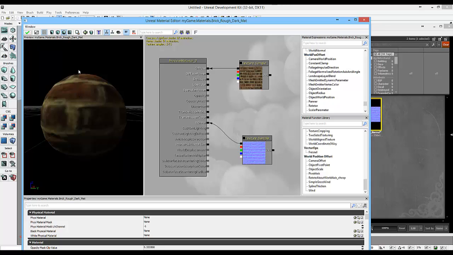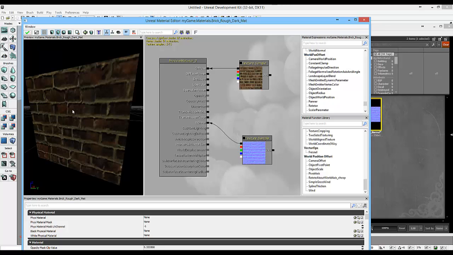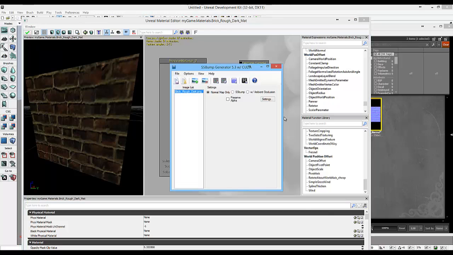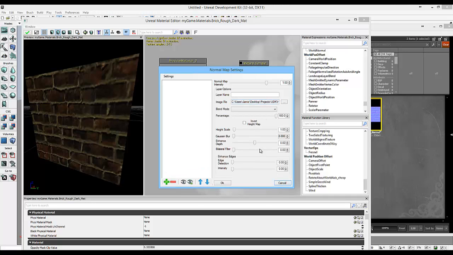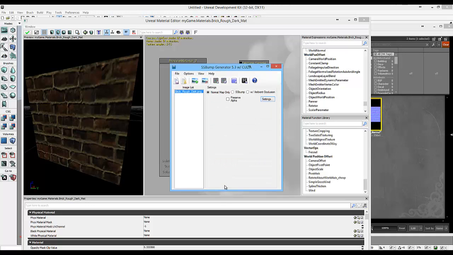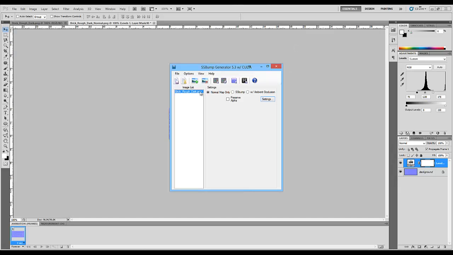Now when we move this onto a cube, it actually looks like the brick is sat back and that the mortar is stuck out. So the problem is that this texture sample is actually the wrong way around. Now I've left it like this because you may get this situation. If we go back into SS bump generator again, we can go in there, settings, and actually there's an invert the height map setting that we can do. So if I regenerate the normal map, then what I can do is I can